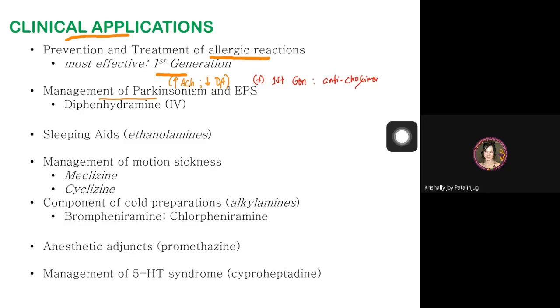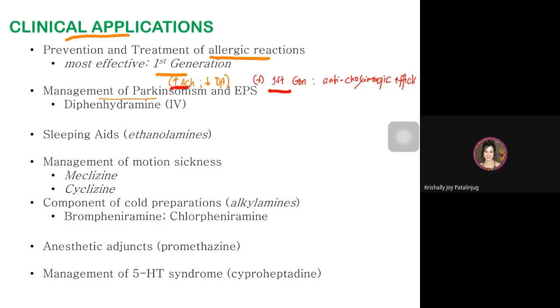So somehow, yung mga symptoms that is associated upon increase of acetylcholine, 'di ba, pag may mataas yung acetylcholine, ang gina-manifest ng mga symptoms would be cholinergic effects. Now, since ang first gen, meron siyang somehow anti-cholinergic effect, it can be used in the management of Parkinsonism. Another thing, pwede din sila for the management